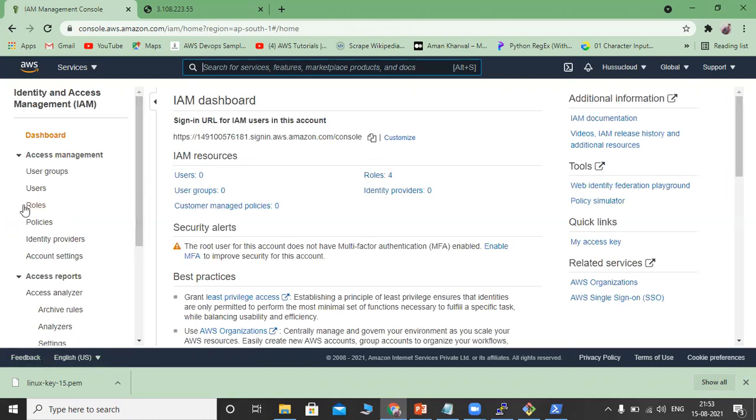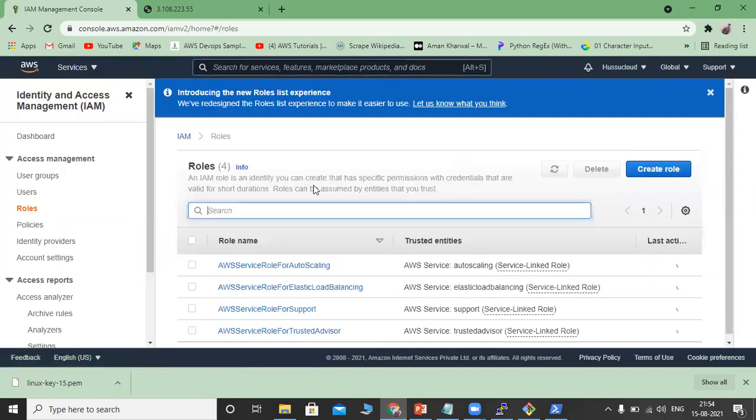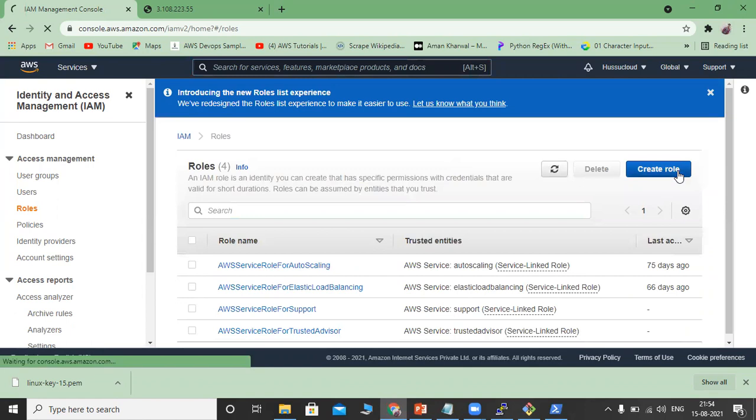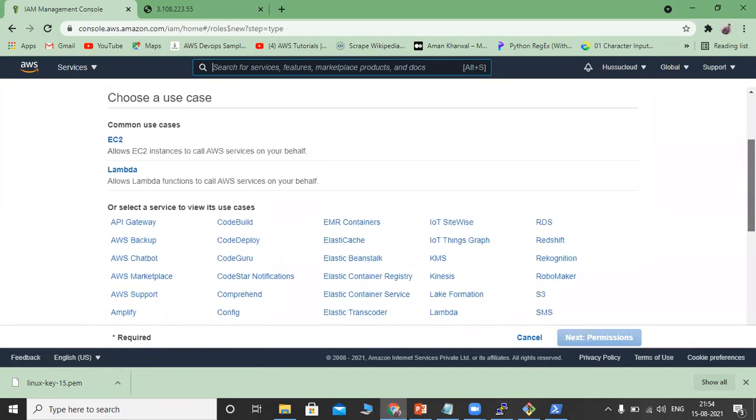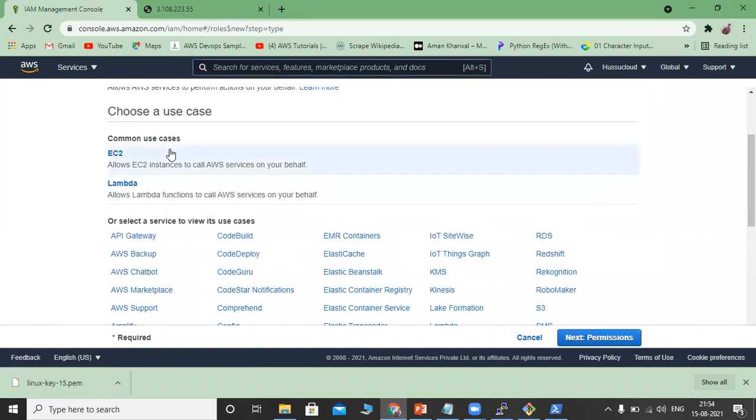Create role. Let's say I want IAM read-only access. I'm creating a role at the EC2 level.